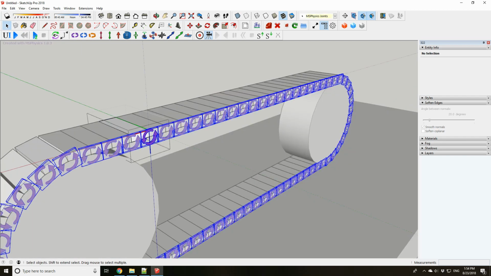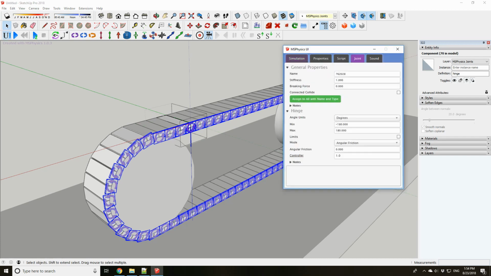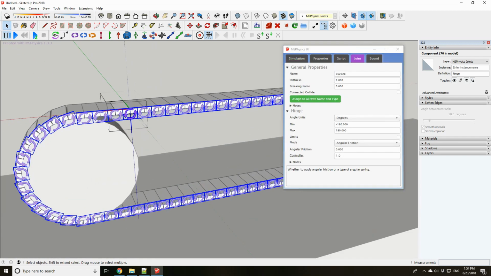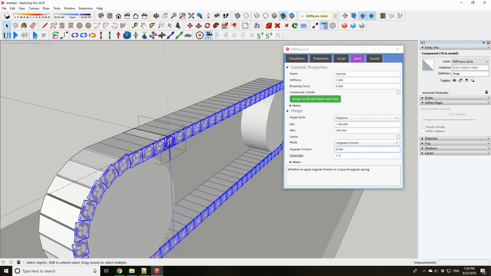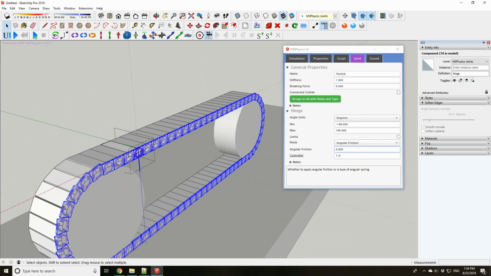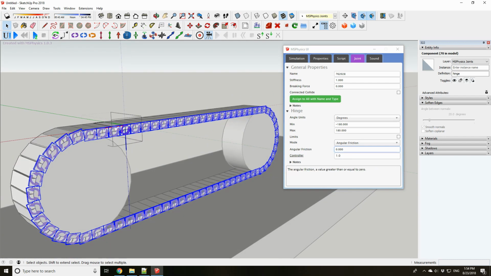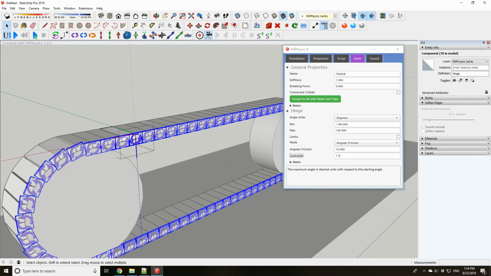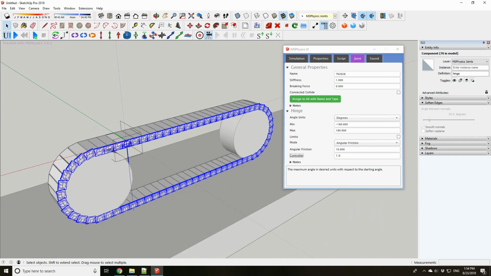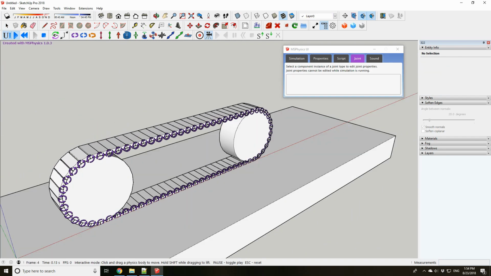Now what we can do is adjust properties of any individual hinge joint, and because it's within a component, all other hinges will be edited as well. So we can actually add angular friction, which is a necessary part. It will prevent the joint from being too unstable at particular times. And so if you press play,